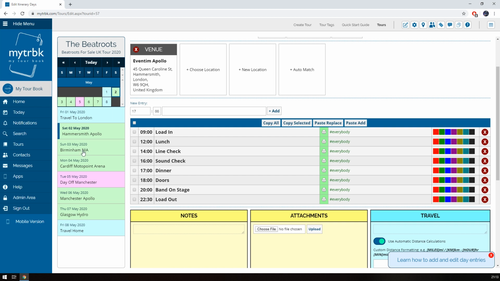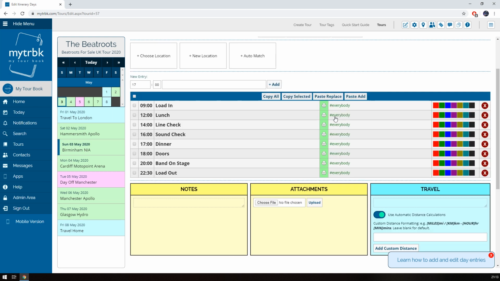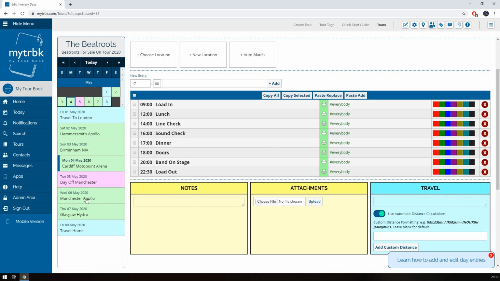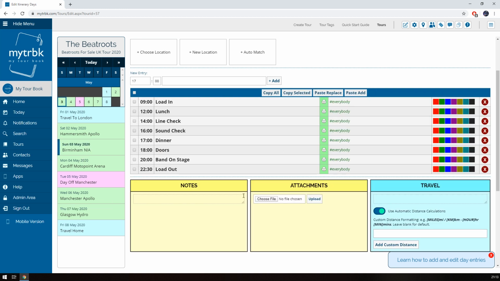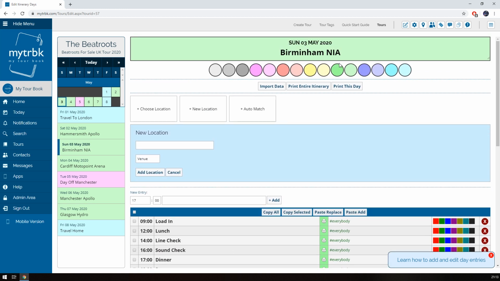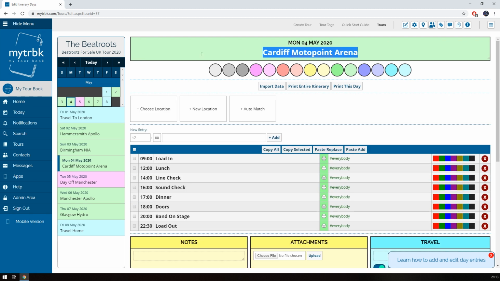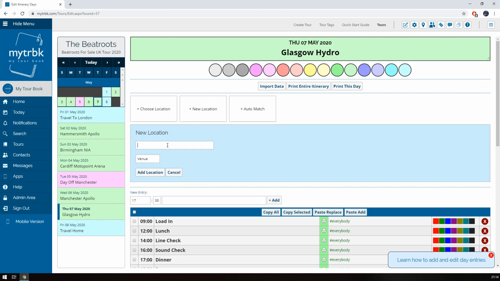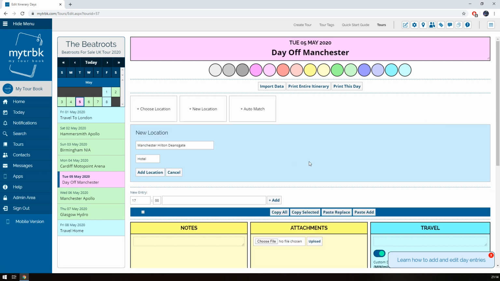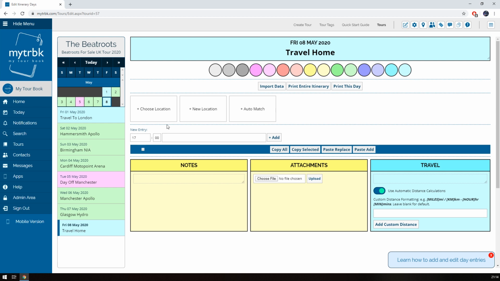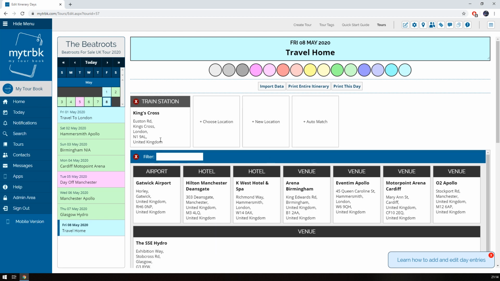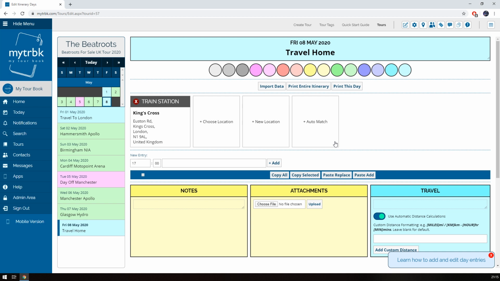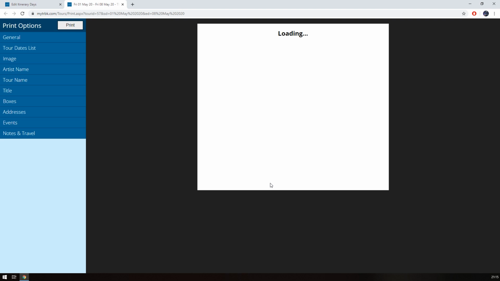I'm going to copy all, go to Birmingham, paste add, go to Cardiff, paste add, go to Manchester Apollo, paste add, go to Glasgow Hydro, paste add. I'm going to fill in these other locations. And the travel home will drop at King's Cross Station, but I've already got that in the database because I did it earlier, so I can just go to train station and click there. And that puts it in. And there is our basic itinerary. So if I want to click print entire itinerary,